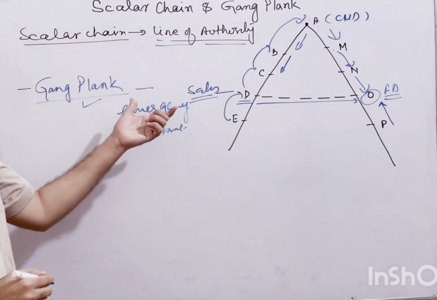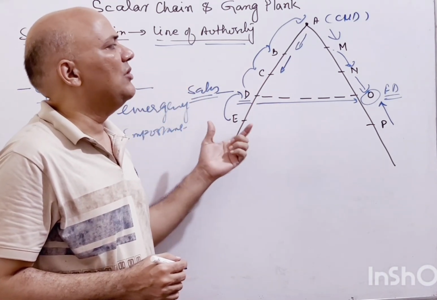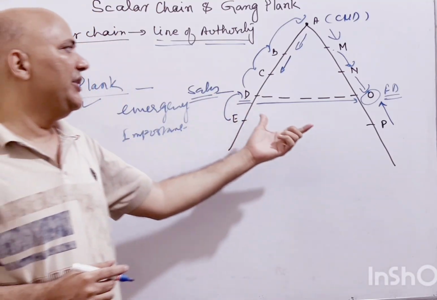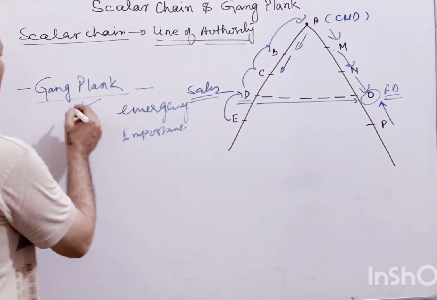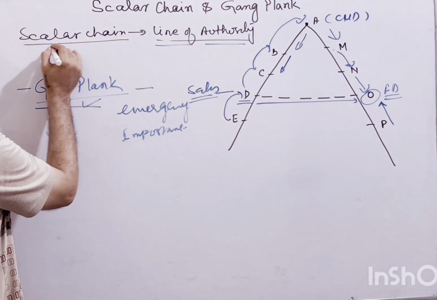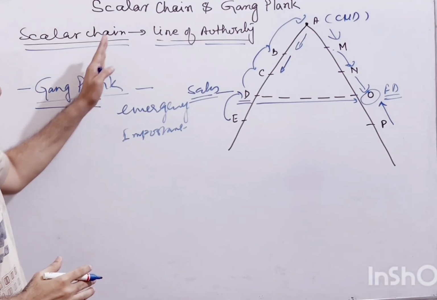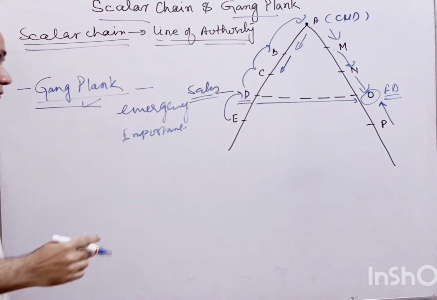Under the gangplank, a person can break the scalar chain and he can communicate to the person who should not be directly communicated with in the normal situation. That situation is called gangplank, and in the normal scenario, the communication should go ahead with the scalar chain. So this is the scalar chain and gangplank